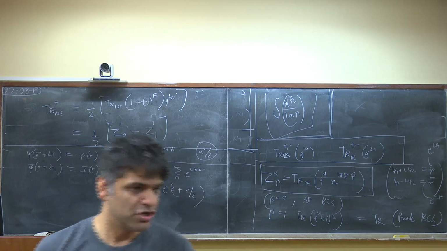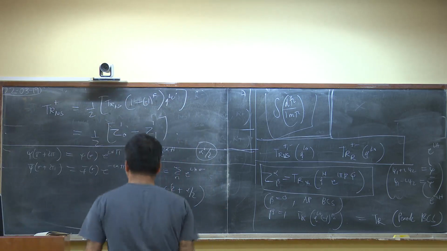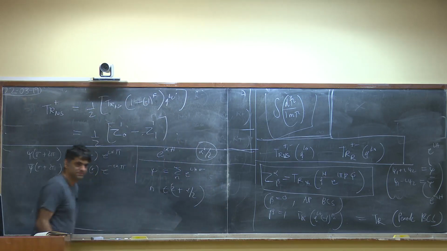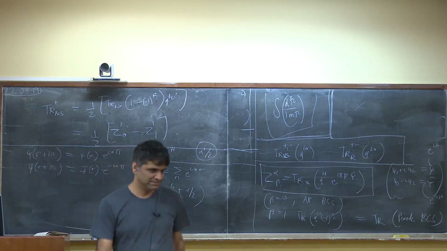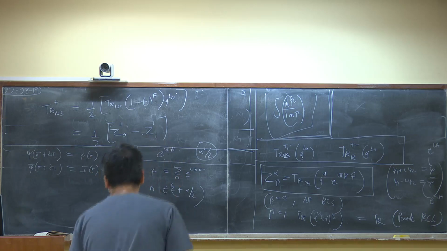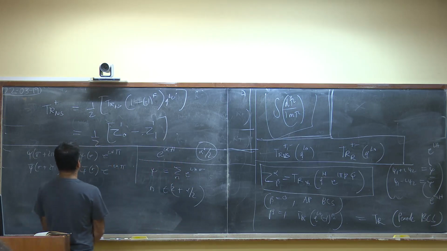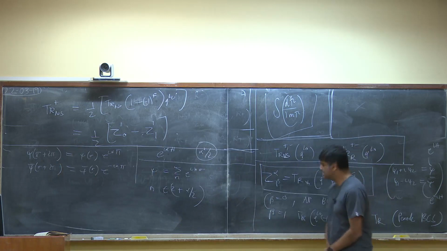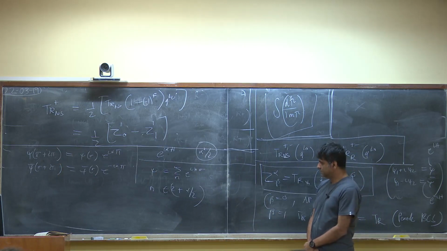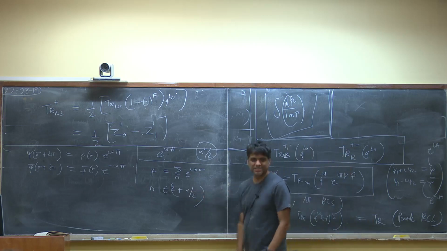Right, because 2 pi I as you go around. Alpha equals 1 will make it half integers. Alpha equals 0 is the Ramond sector. That's right. Alpha equals 0 is the Ramond sector because that should be integers, and alpha equal to 1 should be half integers, which it is.